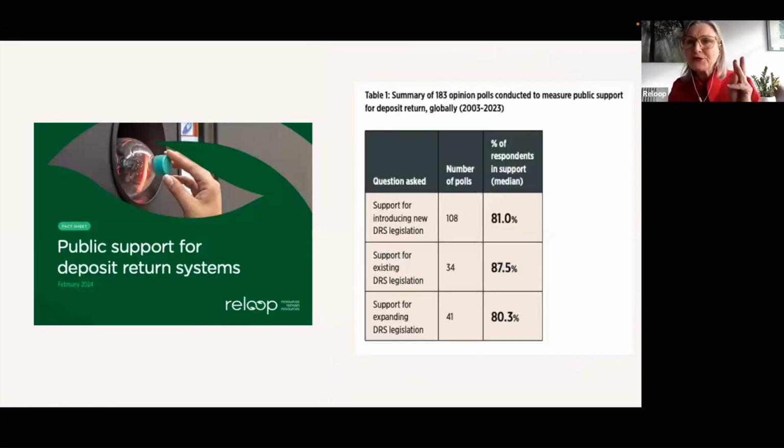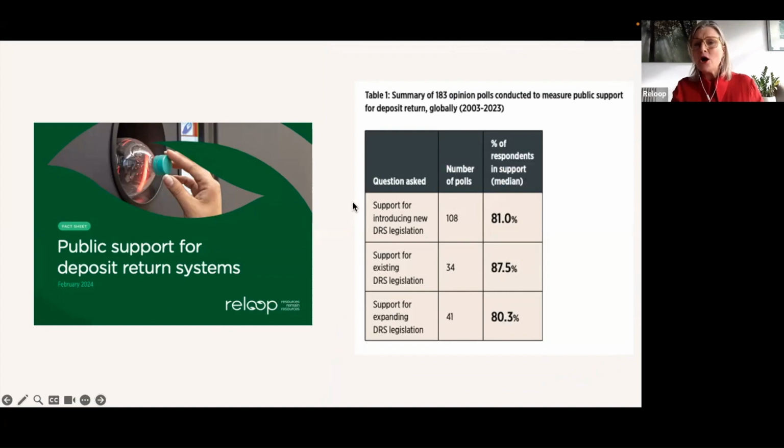I wanted to share 3 slides with you with some data that is interesting, and you can get everything on our website. This is on public polling, whether or not the public likes deposit return. We have tracked public polls from all over the world. They're all available in this fact sheet, which was published in February. And this is a summary chart.